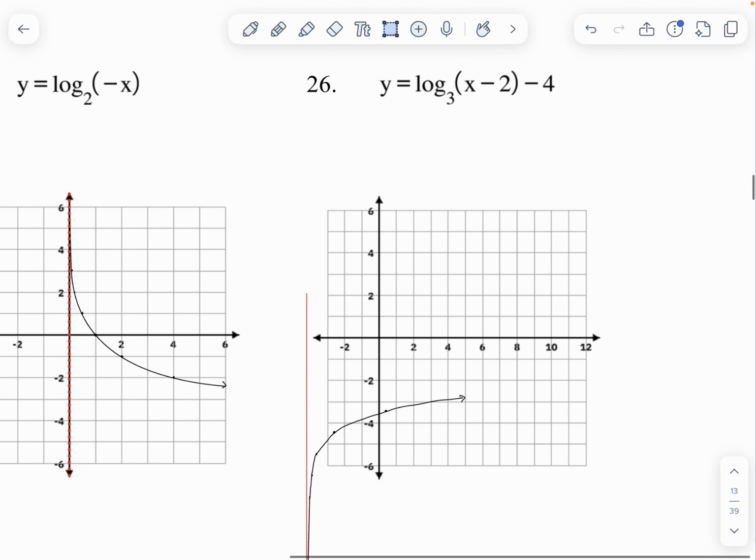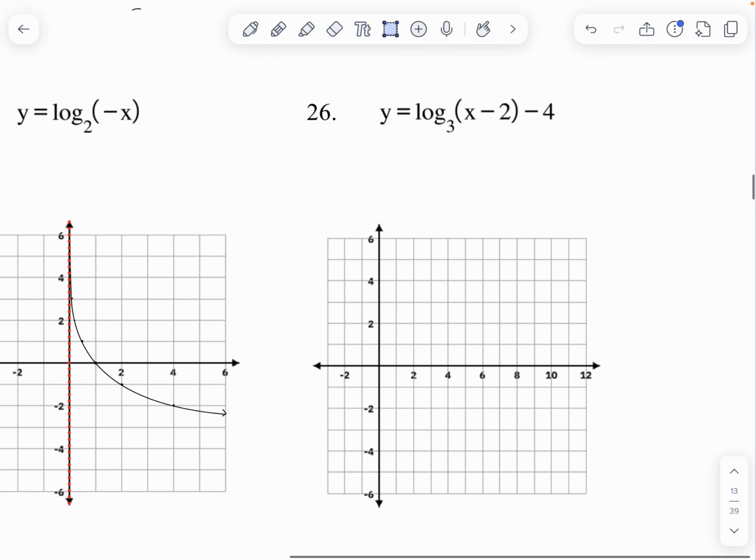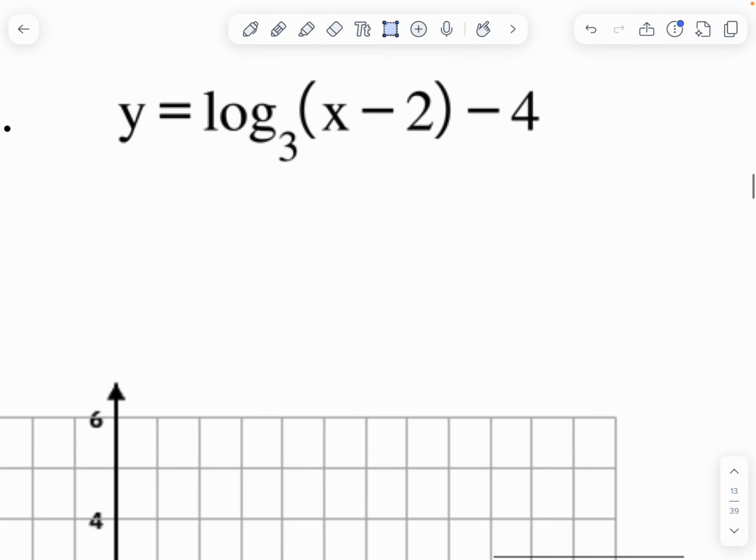Log base, we can't use this since, well, let's just plug in points then. I'm ready to get my calculator out. So x and y, and our equation is